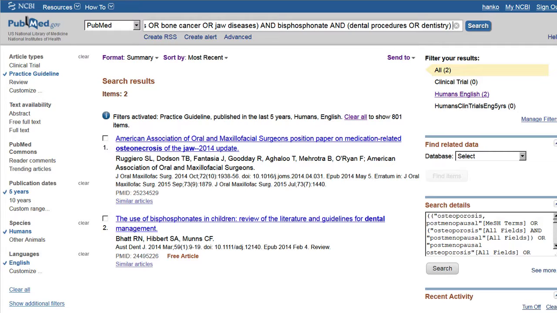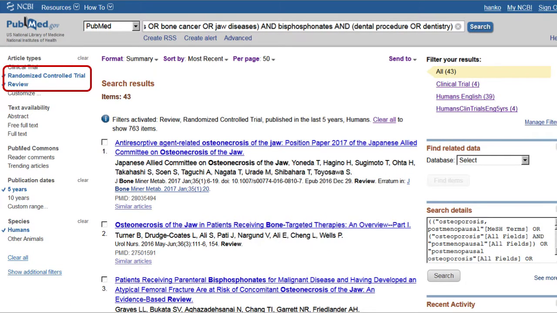Here are my search results. You won't often be able to focus your search this much. If we needed to use review and randomized control trials, these are what the search results would look like. But you can see that by using appropriate search terms and filters, you can come up with a more manageable